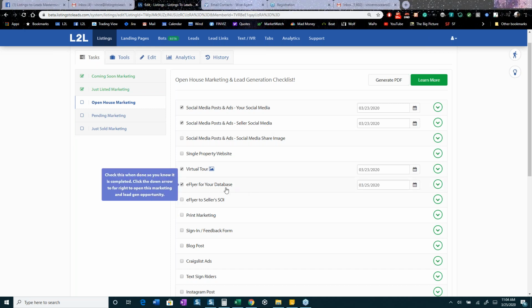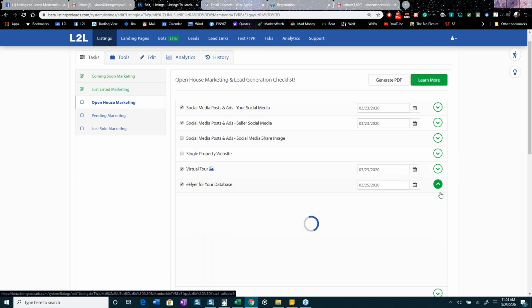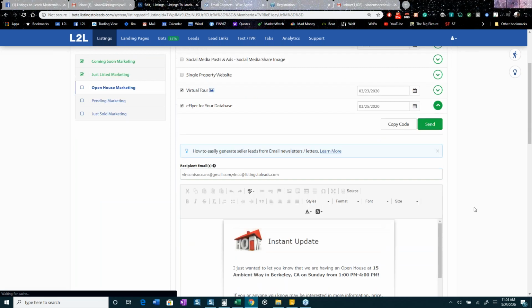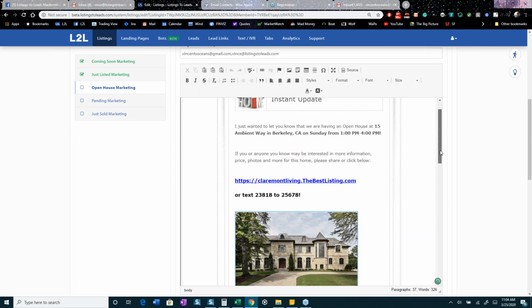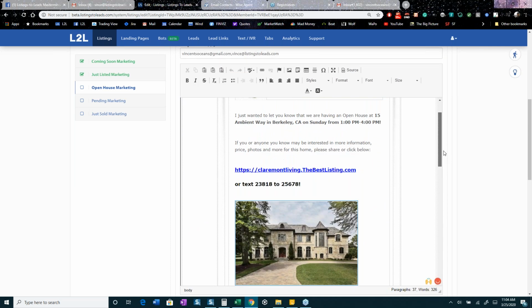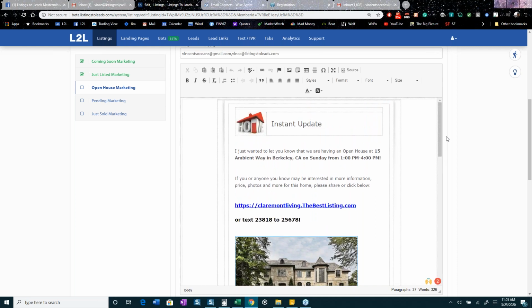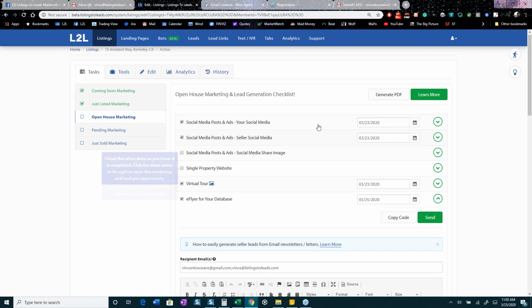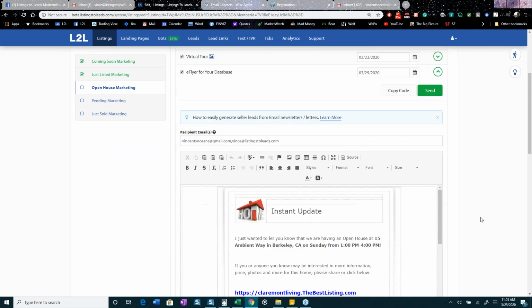the one which is eFlyer for your database. This is available for each listing at each status, and the messaging is different. So here's where we're looking at it. I showed it to you just a couple minutes ago, actually in the email. But now you can see that this is the letter. It's sitting inside the checklist for every one of my listings. It's called the eFlyer for your database. So you open it here,